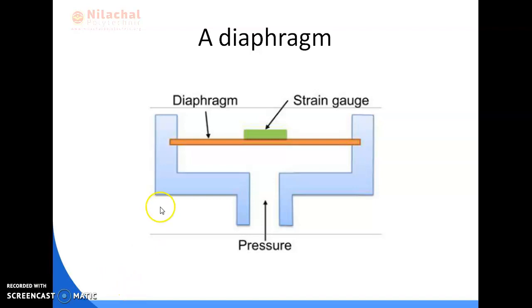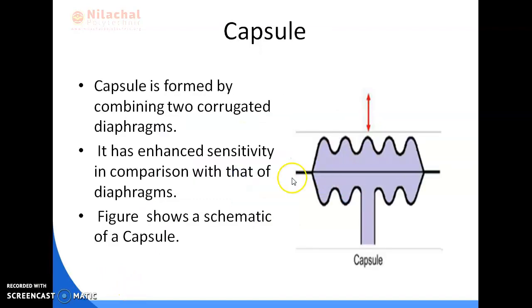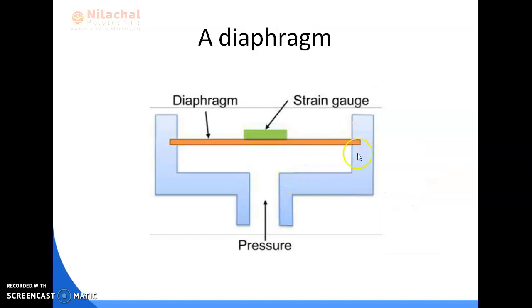Here in this diagram, we can see the measurement of fluid pressure by using a diaphragm with strain gauge. So first here we can see this is a pipe where the fluid will be inletting, that is fluid pressure is created. Then we will set one diaphragm in the pipe and one strain gauge will be mounted on this. When the fluid flows on the surface of the diaphragm, the strain gauge will monitor the lateral or radial strain of the fluid, and by this means we can measure the pressure of the fluid by using the diaphragm with a strain gauge.